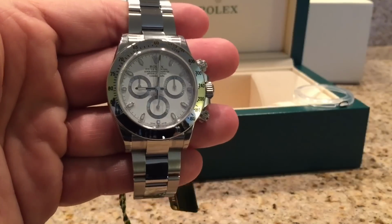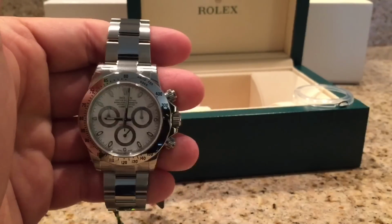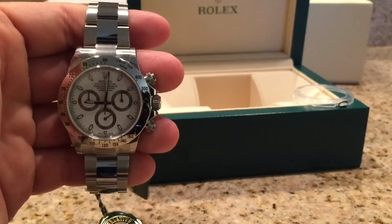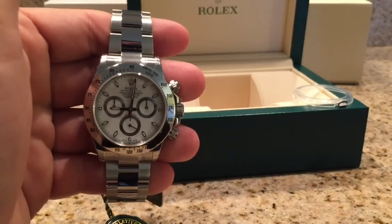And that was a whole ritual week. I keep everything from my watches. I keep the plastics, I keep the tags, I keep everything. So I put them on a little Lexan piece. That's where I keep my plastics. Anyway,